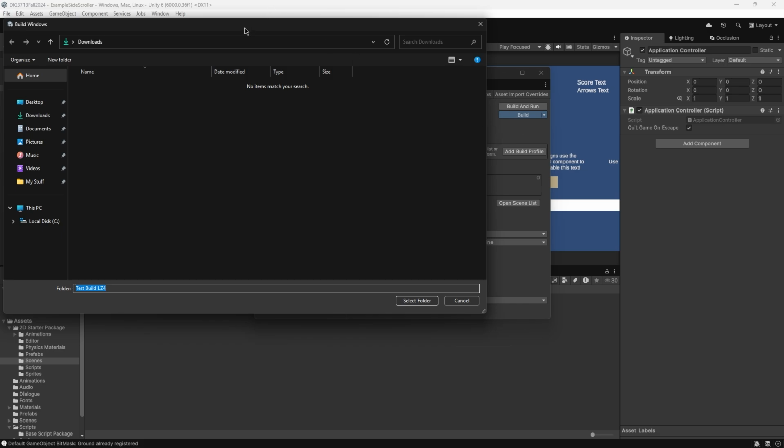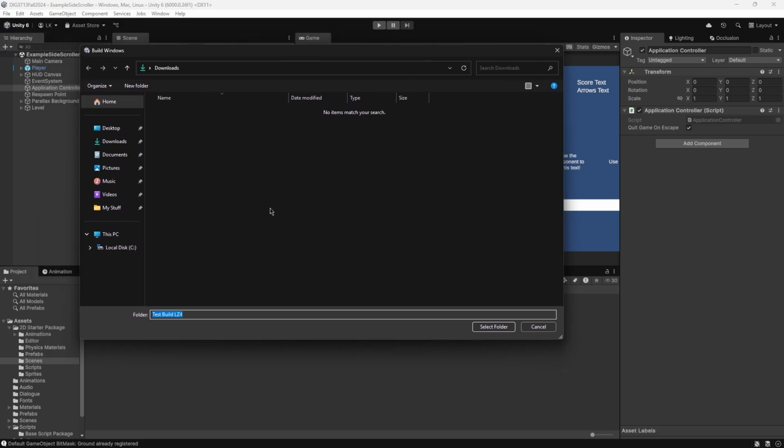So when you click build, it'll open up a directory on your computer. Unity has a tendency to open up the project folder for your game here. I strongly do not recommend you build into your project file. It'll make it difficult to find. It'll make it difficult to make revisions. Really don't recommend this. Instead, you should navigate somewhere that you'll remember, so like your desktop or documents folder, and